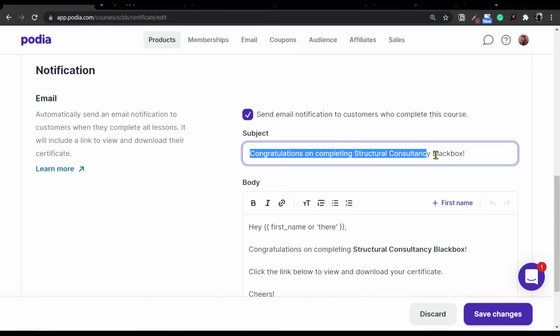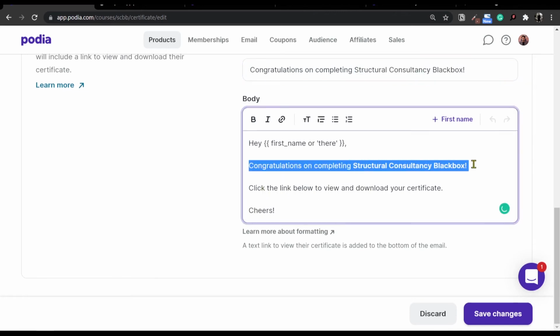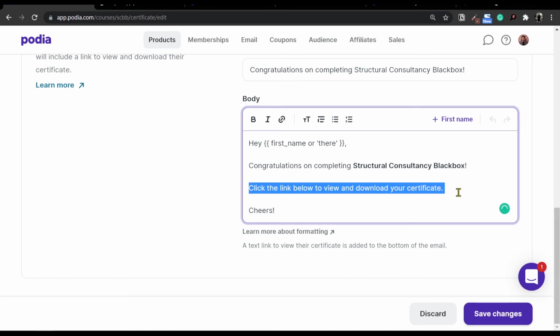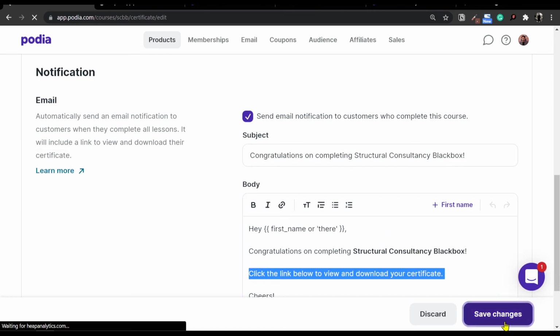And you can see we have some text as well. Congratulations on completing the course. So this is the course name which you put in the start of the course. It takes it up by default and it gives an option of congratulations on completing the course. Click on the link below to view your certificate. So this is a great way of doing it. You can just check this link and almost all the options filled are good for me at the default settings. So with all these changes made, I'll simply click on Save Changes.